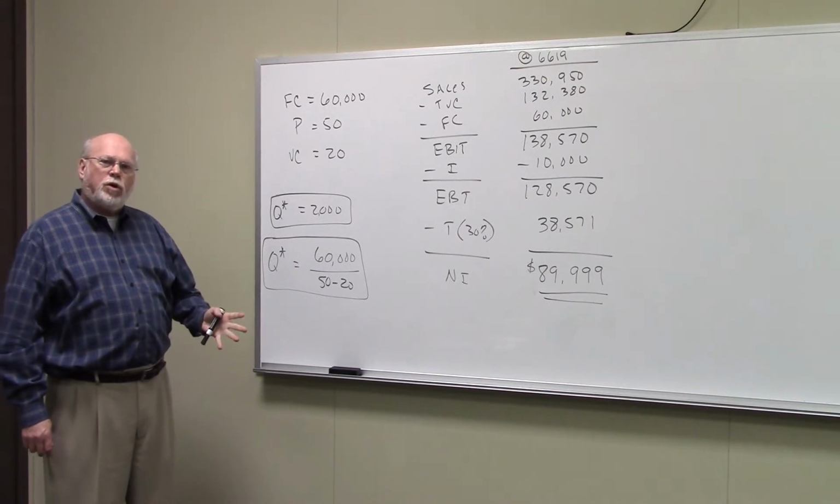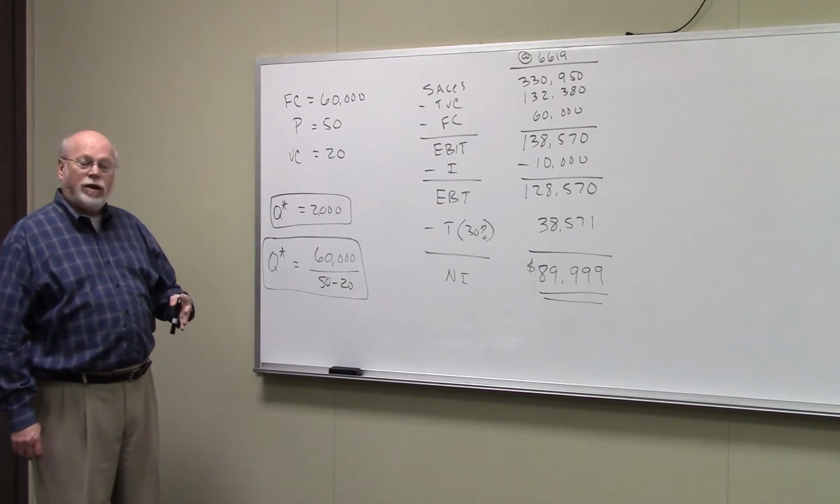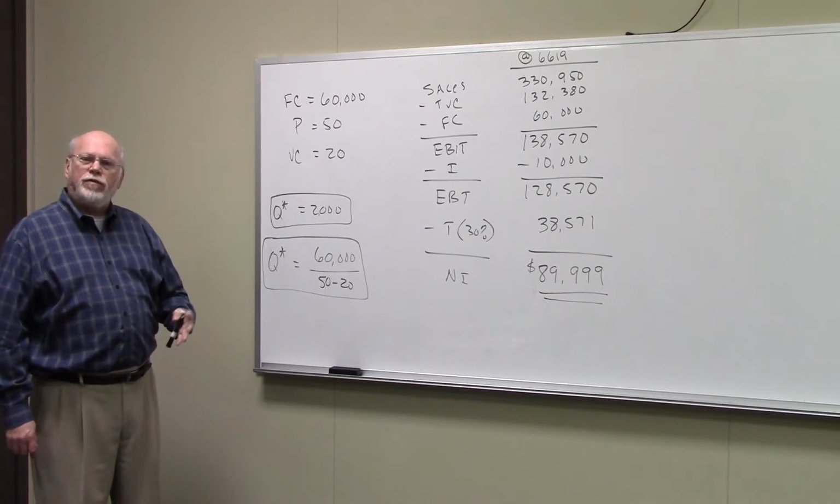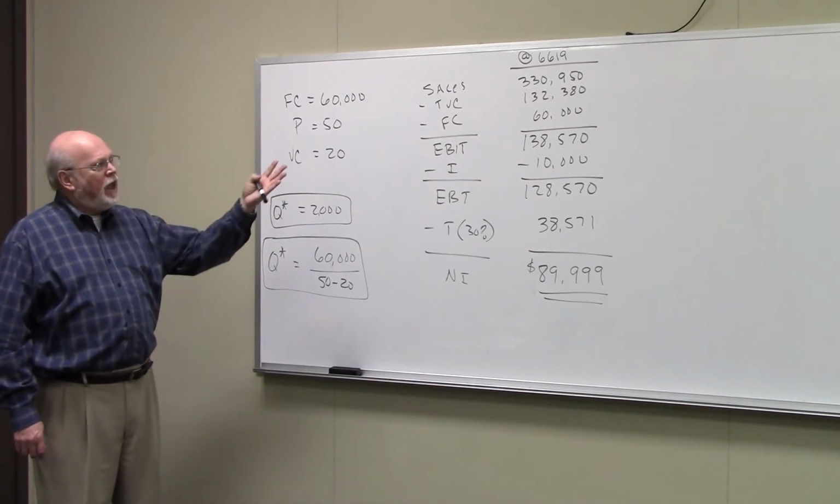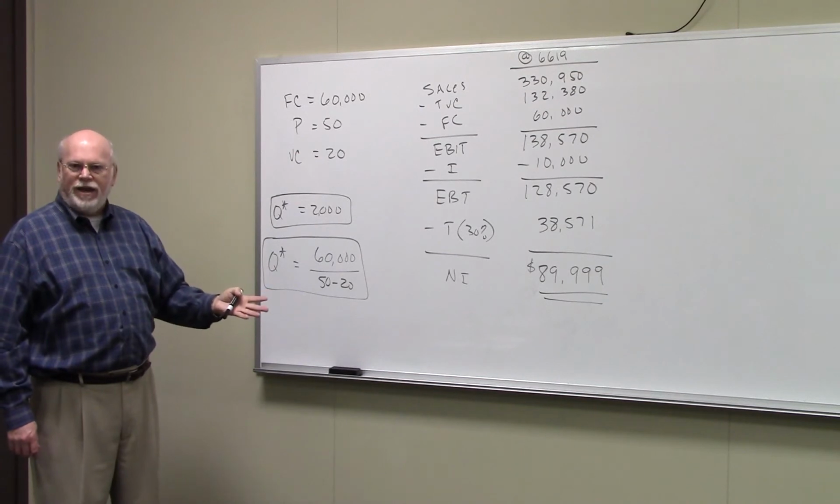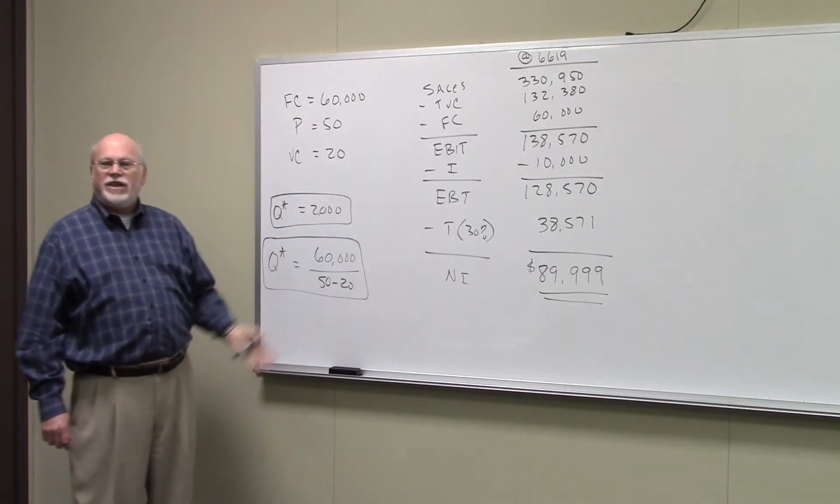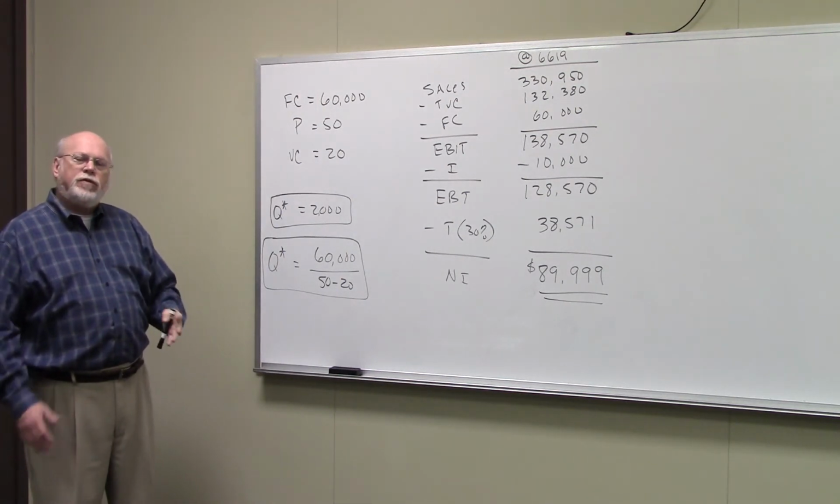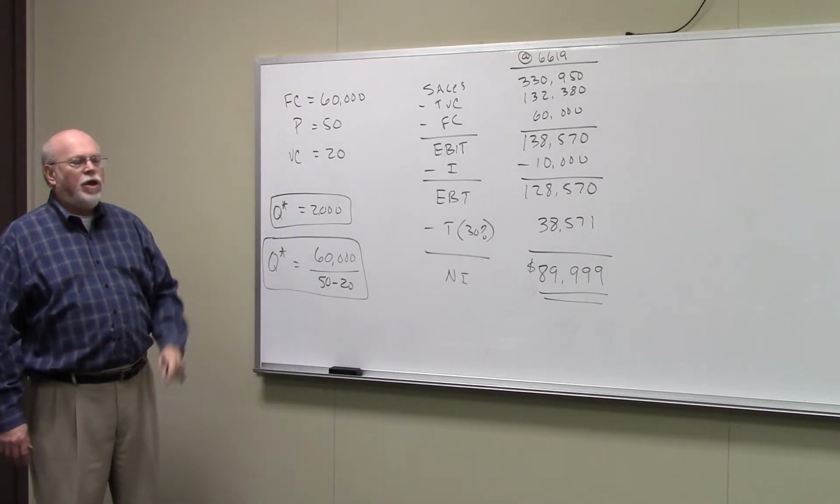To get total variable cost, we take the variable cost per unit, which in this case is $20, multiplied by the number of units we produce and sell, which is 6,619, and you get total variable cost of $132,380. We also have fixed cost of $60,000. So if you take revenue less your variable cost less your fixed cost, you're left with an operating profit now of